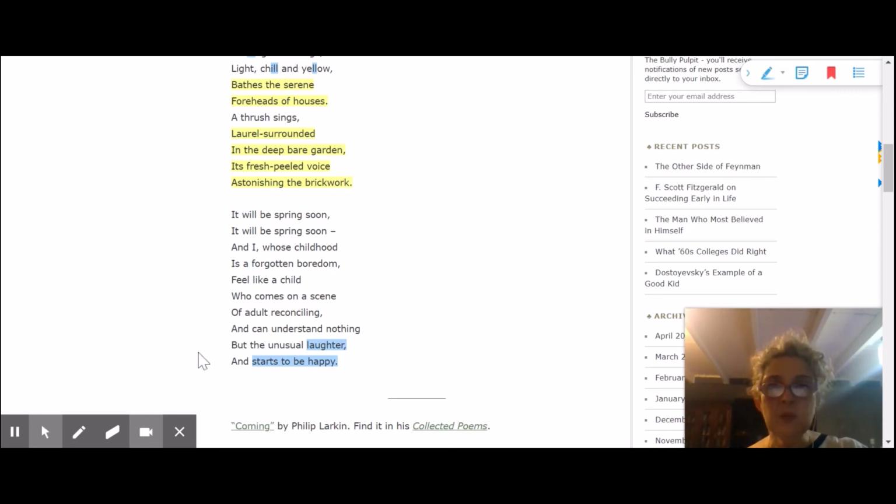So this is what Larkin uses to celebrate spring. It's interesting to pay attention to this, even if you can understand nothing. So this is not a question of understanding or knowledge. There is nothing you should know. It's just something you have to feel. The comeback of life is something you should reconcile with. I mean, even though you may be sad or bored, you should reconcile with the happiness and the laughter that